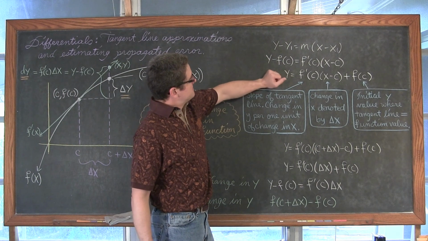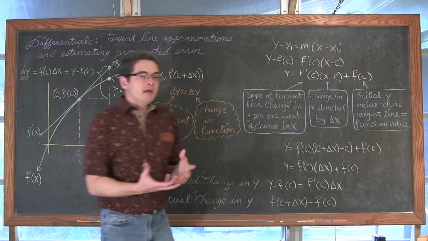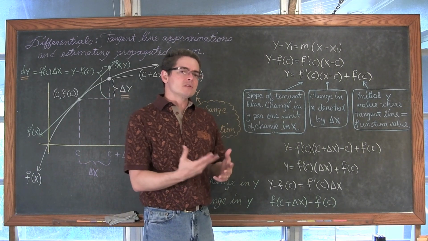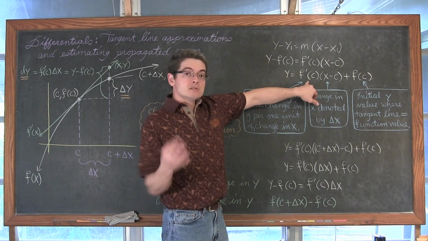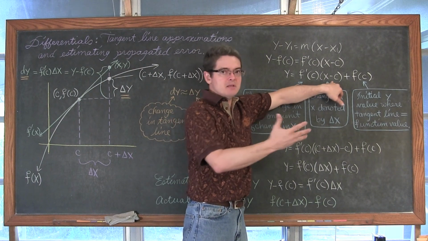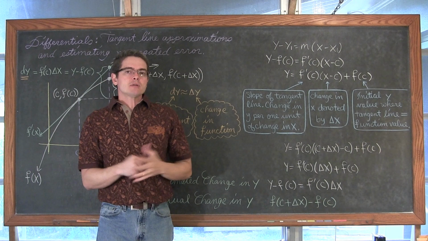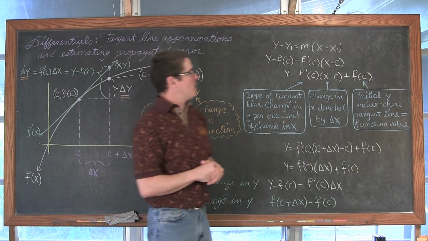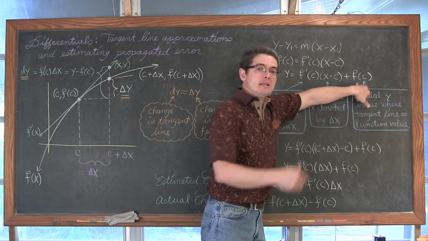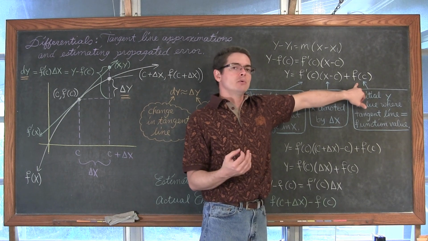Now I've moved this negative f of c over to the right-hand side, and hopefully, if you look at this long enough and you remember that the derivative is slope, we've got y equals slope m times x, and now this is x minus c, but it's some form of x, plus b. It's a form of the slope-intercept form you learned way back in algebra 1. Now I'm not writing y equals mx plus b because if I had just a plus b at the end, that would be the y-intercept. That would be the value of the function when x is equal to 0.